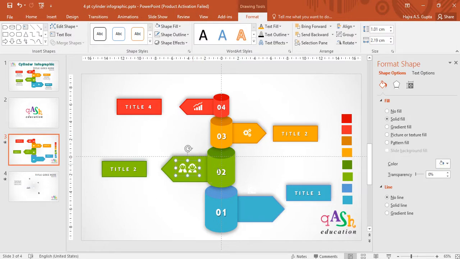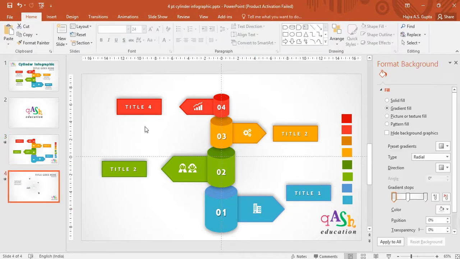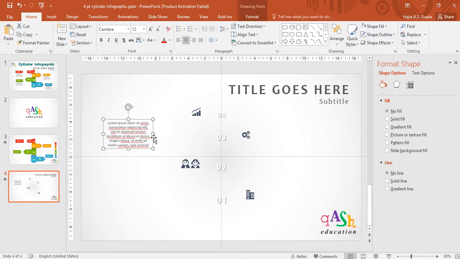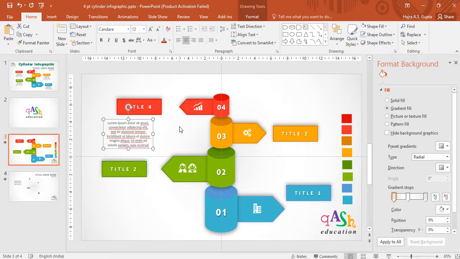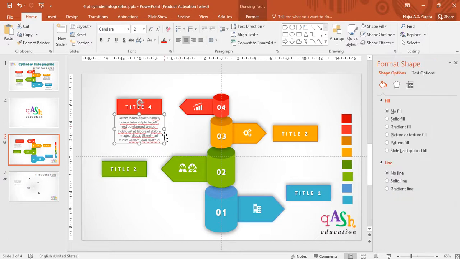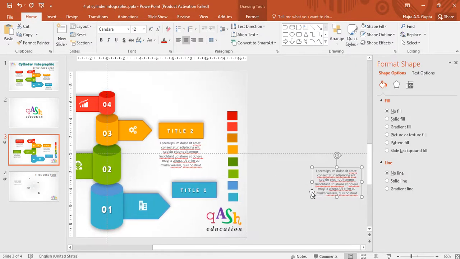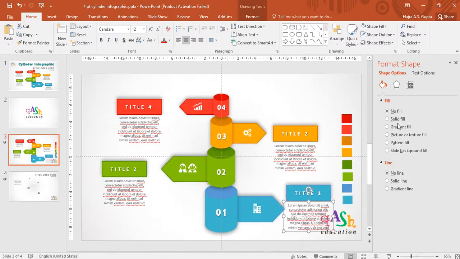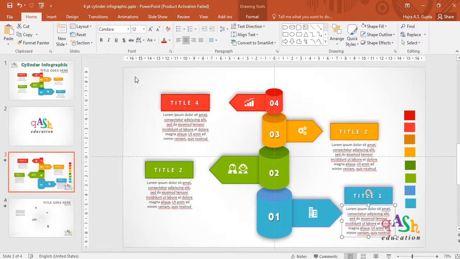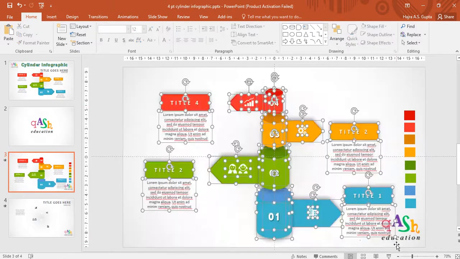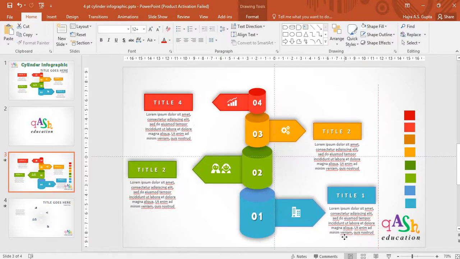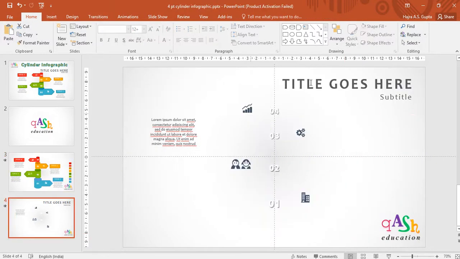So here I'm trying to show an organization, and for the title description, I have used the Lorem Ipsum font. This is simply for you to understand how it is going to appear. I am going to duplicate and start pasting them below each title. So now you see our infographic is ready. I am going to group them together and just shift it so you can see how it is.